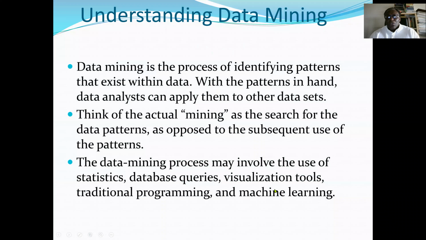So first we start with the definition of data mining, and also we try to understand what data mining is. And here we say data mining is the process of identifying patterns that exist within data. So the whole concept of data mining is to try to find a pattern in a large data set. Now with these patterns at hand, data analysts can apply them on other data sets. Now we should think about actual mining as the search for the data patterns. So our main goal is searching for a pattern, or we can use the term knowledge, searching for knowledge